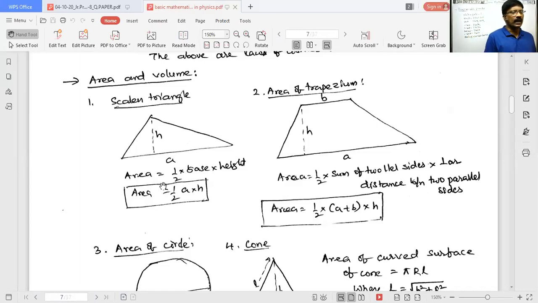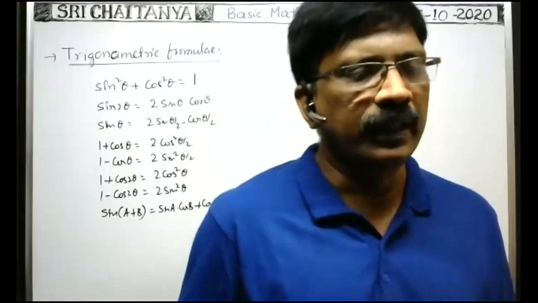We proved the law of sines. Next, area of the trapezium. That is very, very important. All of you see this one. Now I will display on the board and I will explain, because these are diagrams, so that I can draw the diagram on the board and explain so that you can understand clearly. Because previously we had only formulas, that's why I simply said the formulas. Now all of you see the board. Area and volume.